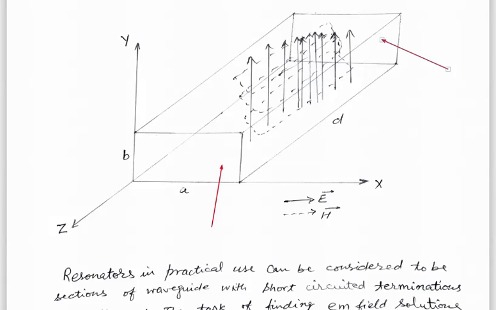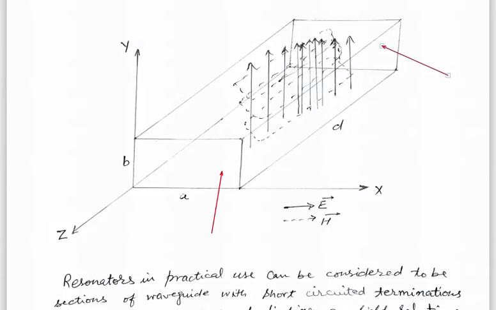For the dominant mode, the electric lines of force have maximum amplitude at d by 2 along the z axis, where the field is maximum, and the electric field is shown by solid lines along the y axis, while magnetic lines of force form closed loops in the xz plane, perpendicular to the electric lines of force, and these are shown with dotted closed loops in the figure.